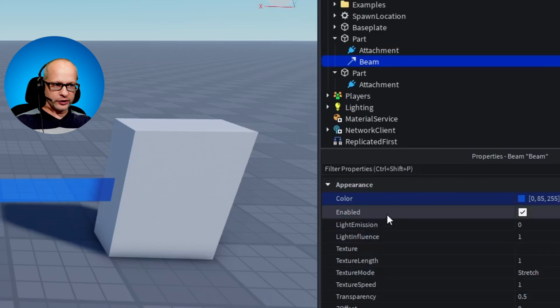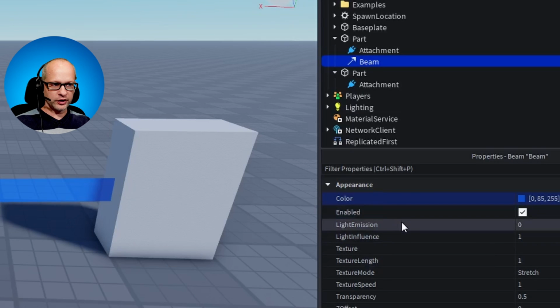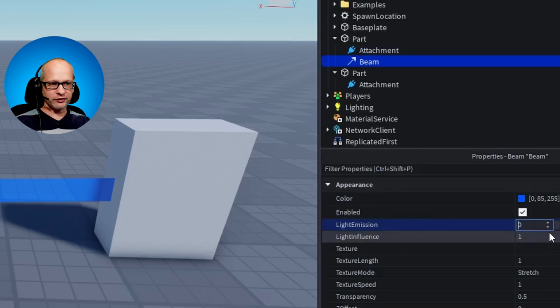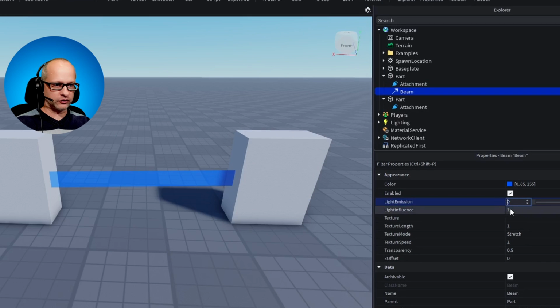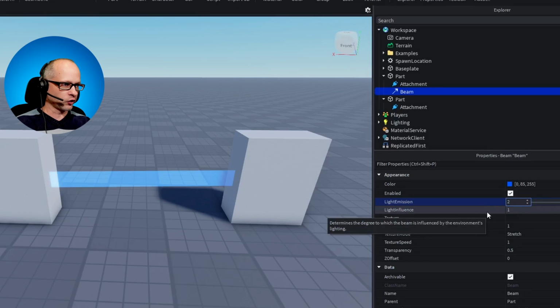So our next property on the list is enabled. That's a simple toggle on and off, so you can use that in your scripts to turn the beam on and off. Below enabled, you've got light emission. This will give it a glowing effect. So you can increase that value, and then you'll get a nice glowing light emission off the